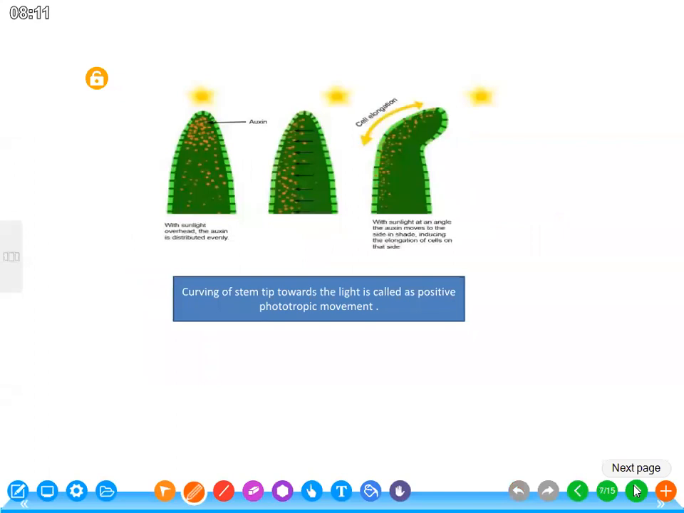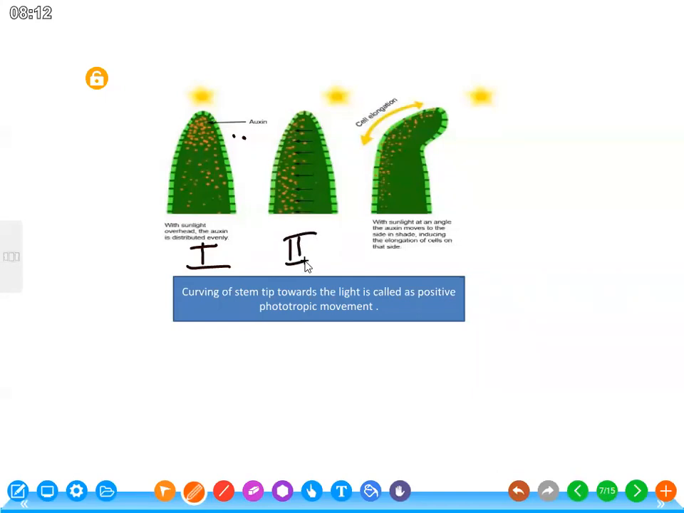Right. Observe these figures. In the first one, the auxin is secreted by the apex, and it diffuses downwards. And in the second one,